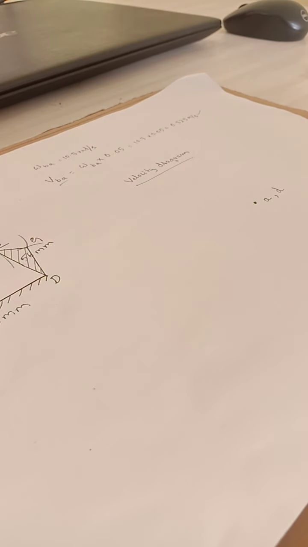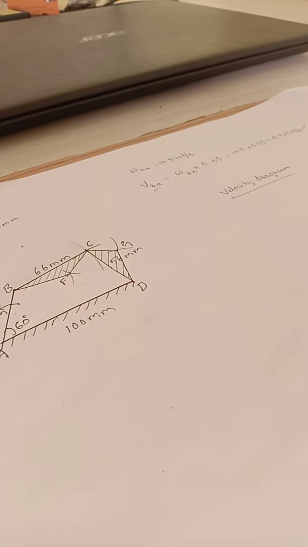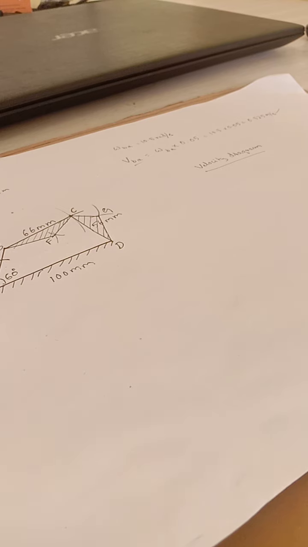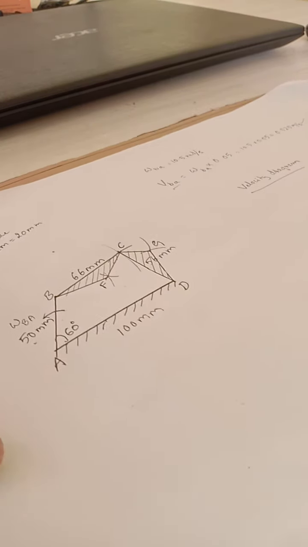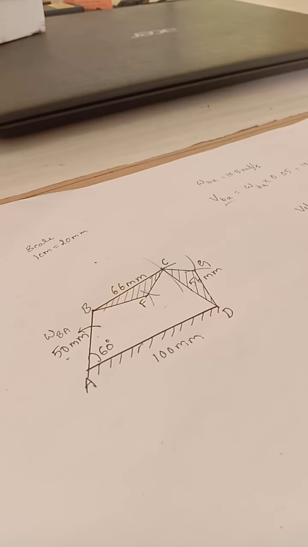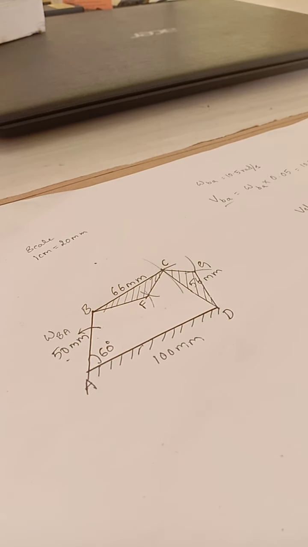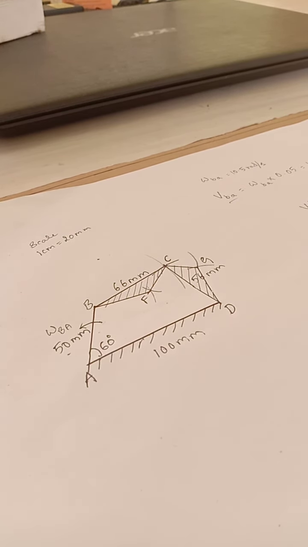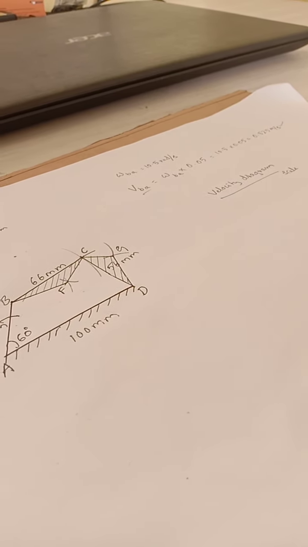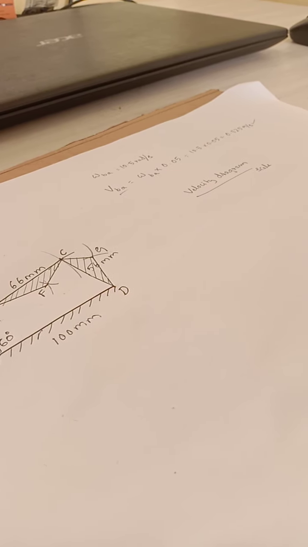Now what I am supposed to do is draw the VBA. Okay, so what is VBA? I know that I have calculated the value. You also have to select a suitable scale, that is also important. It's a different scale, not the one I took for the configuration diagram. I have to take a different scale now.